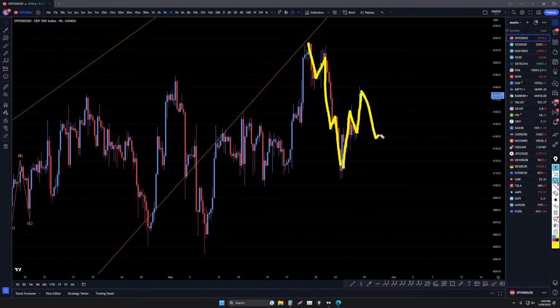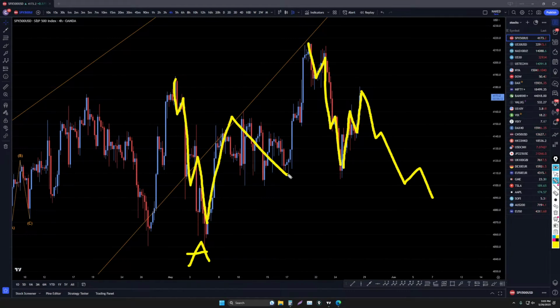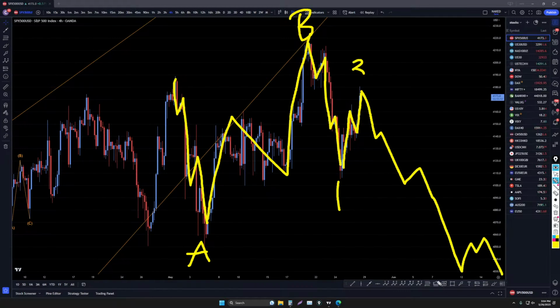I think there's a good chance this is going to turn down like this, and this is probably going to be an A over here. 1, 2, 3, 4, 5 of A, 1, 2, 3 waves up for the B, and then a 1, 2, 3, 4, 5. Maybe it already made a higher low here. I don't think it would make sense if it did this. Maybe it would. If it went down, made like a 1, 2, 3, 4, 5 of C, and then turned back up. Definitely seems pretty likely that that could happen, actually.